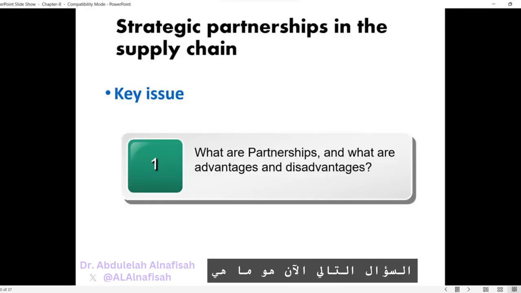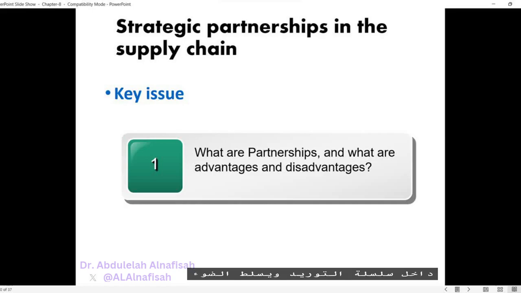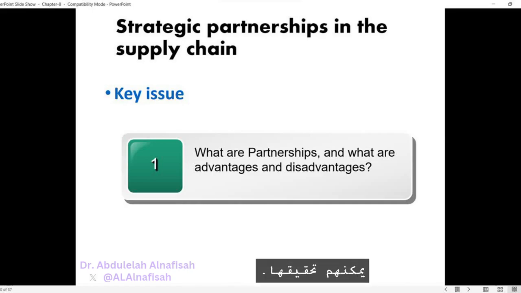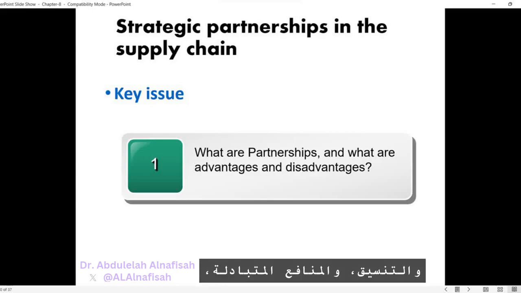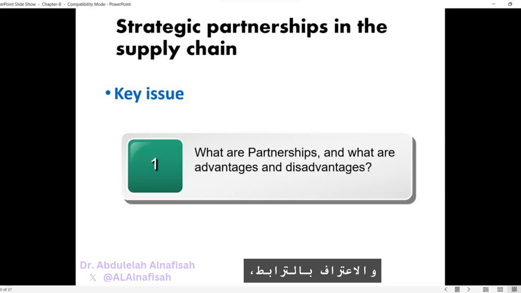Okay. Now the next question is, what are partnerships, and what are advantages and disadvantages? This question discusses the concept of partnerships within the supply chain and highlights the added value they can bring. Cooperative relationships or partnerships are characterized by the sharing of information, trust, coordination, mutual benefits, recognition of interdependence, shared goals,